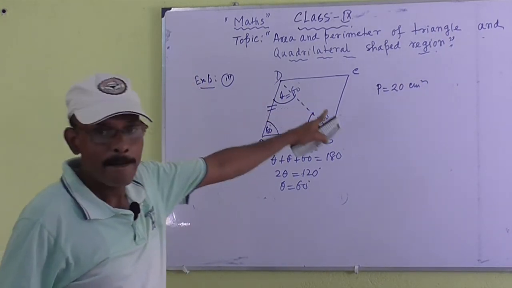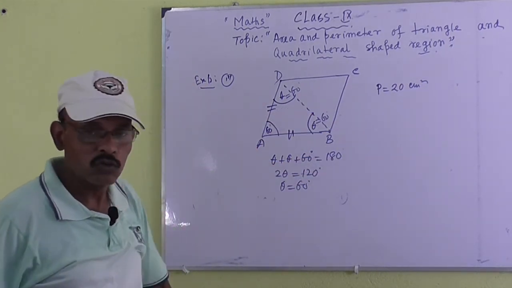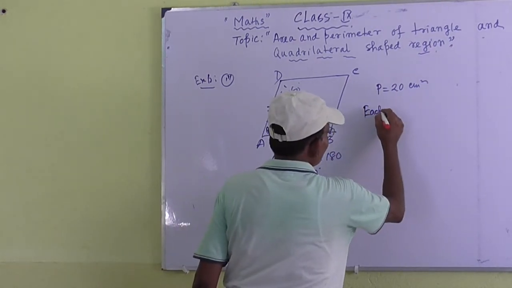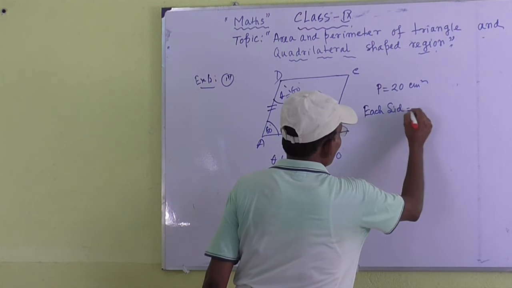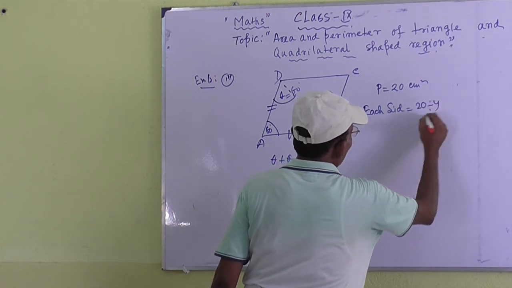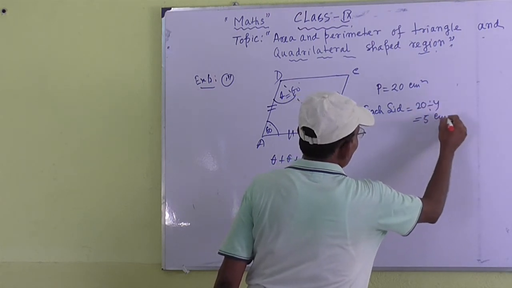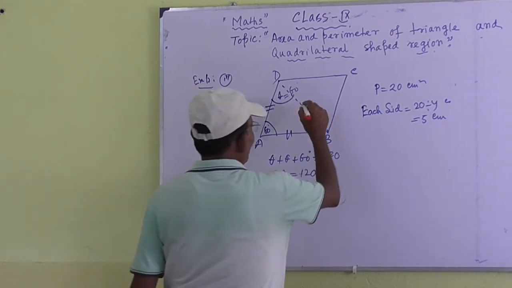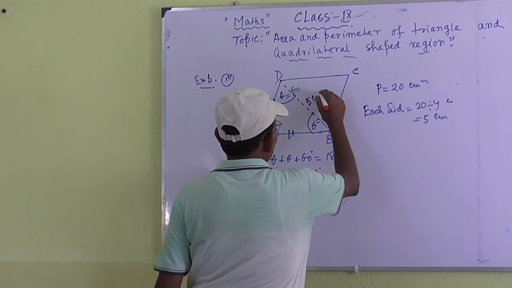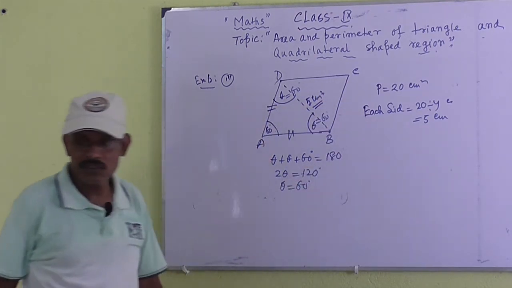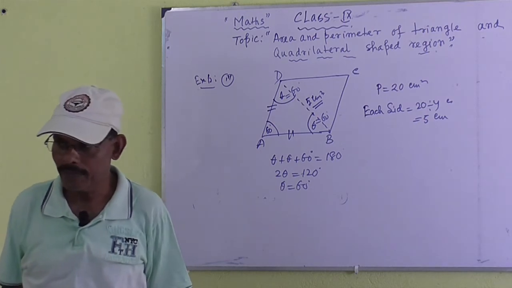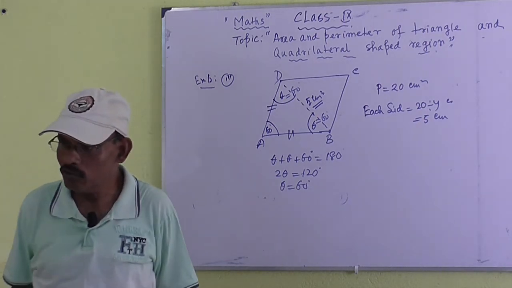Here it is given that the perimeter is 20. So, each side is 20 by 4 equal to 5 centimeter. So, BD equal to 5 centimeter. Clear? This type of sum is a very important sum. Okay. Now, the fourth example